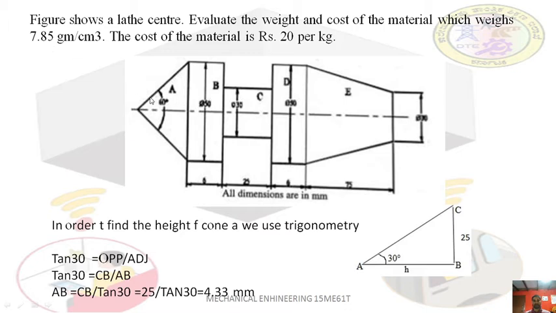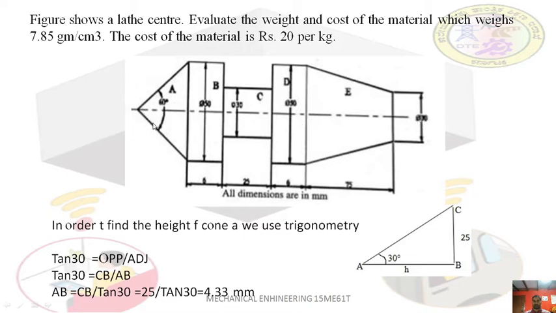It is easier. So this solid cylinder B has diameter 50 and length 6 mm, and part C is also a solid cylinder of diameter 30 and length 25 mm. Part D is equivalent to B; the length is also the same, 6 mm, and the diameter is also the same. So volume of B equals volume of D, which is also a solid cylinder. Then the volume of E is the frustum of a cone, having a length of 75 and two diameters, D1 and D2. So 50 is D1 and 30 is D2.